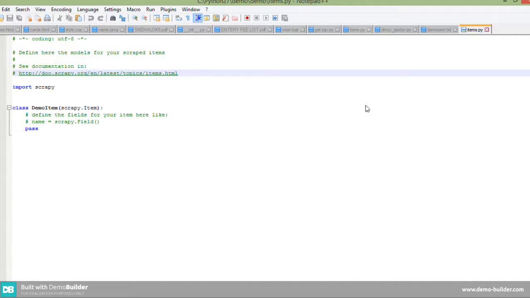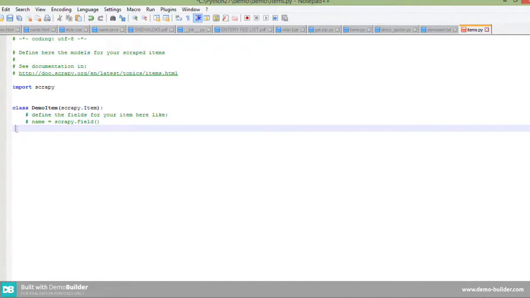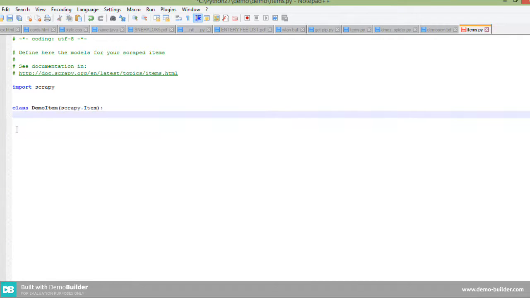Import scrapy, is that correct? Okay, we don't need the pass, we don't need all those things here. Enter. Python is very indentation sensitive, therefore every space matters here. Okay, we need to extract from demos.org only the title.